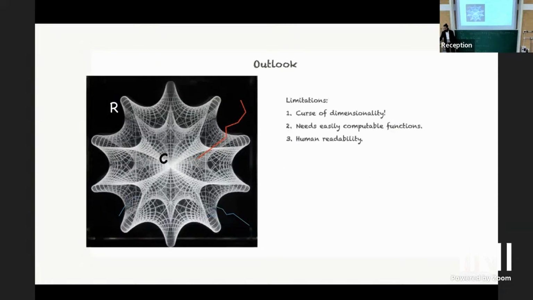There are various limitations. They're mostly limitations, actually, in the course of the entire pipeline that I envision. But right now, we need functions that can be easily computed, and we can easily generate very complicated looking conjectures. They will look quite ugly, but will still be true. And what do you do with those things? As I mentioned, the curse of dimensionality is something that we have to consider down the line.